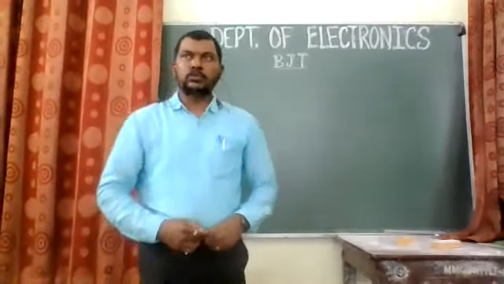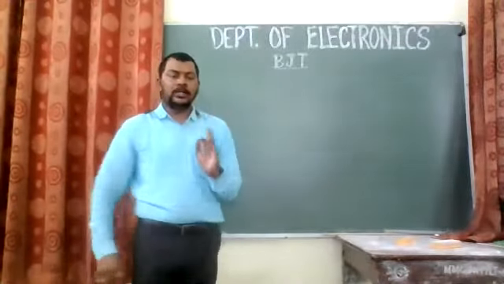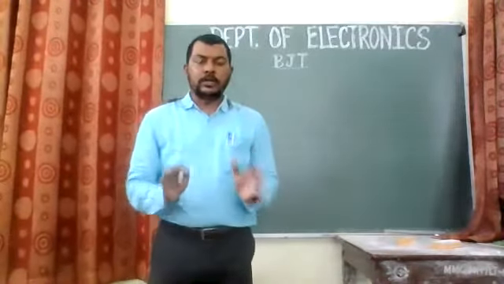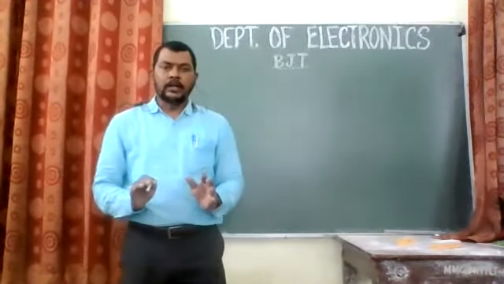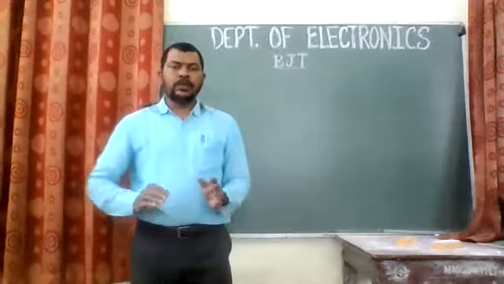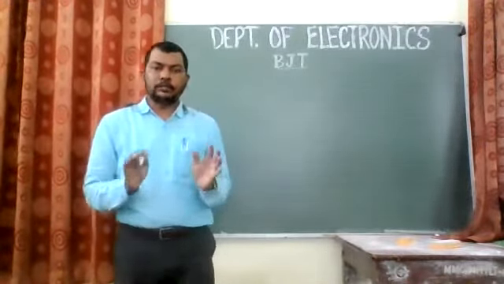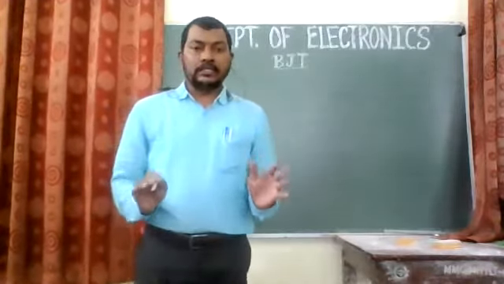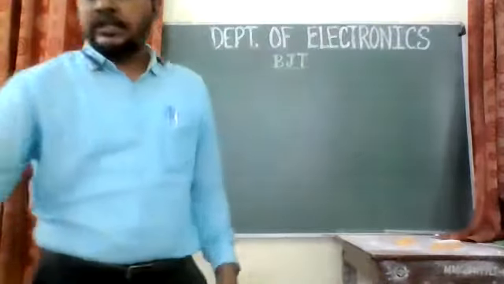Good morning all, and welcome to this lecture of BJT, bipolar junction transistor. We have studied all the three types of configurations: common base, common emitter, and common collector configuration. Right now, in this lecture, we are going to compare all of these and try to find which configuration is the best and which is very extensively used. Right, so we'll try for that. Let us start with that.